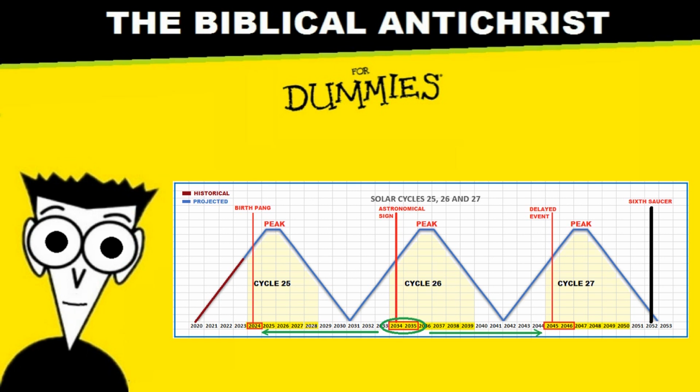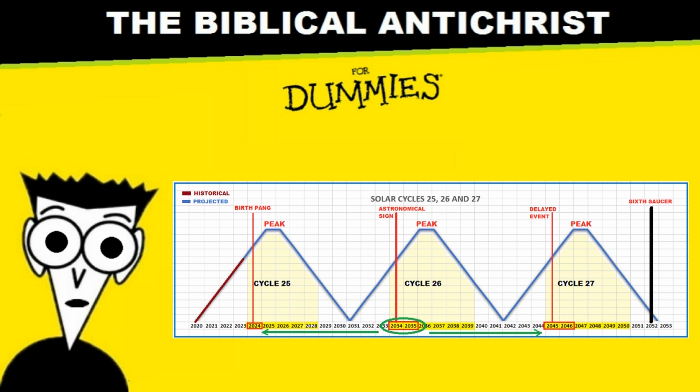For the second cycle, the years between 2034 through 2039. And for the third cycle, the years between 2045 through 2050. We have also been given intuitive information that there may be a birth pang for this event, as early as